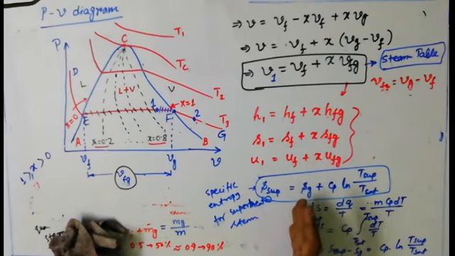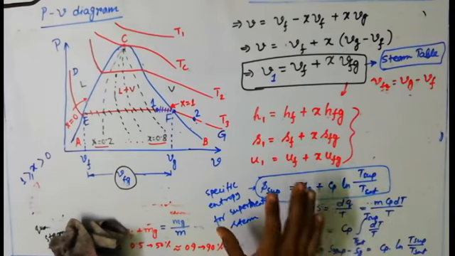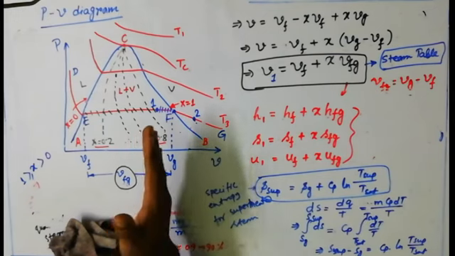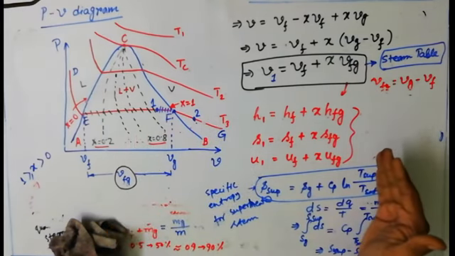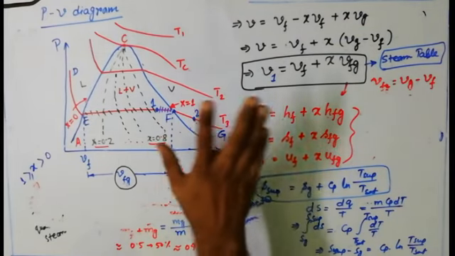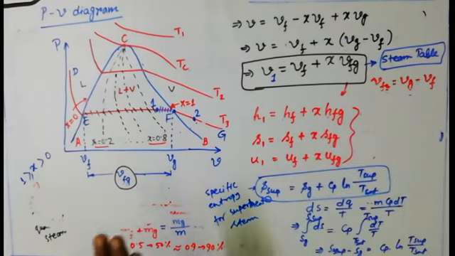Now for superheated steam, obviously the property table will be different. In a steam table there are two segments, one for saturated steam and one for superheated steam. At the time of steam table clarification, at that point of time I will show you how the steam table actually looks. This formula, whatever I have written over there, will be used while you are going to solve different steam table related problems.